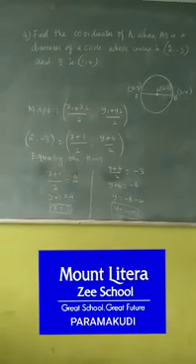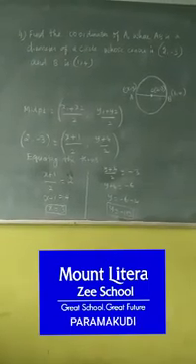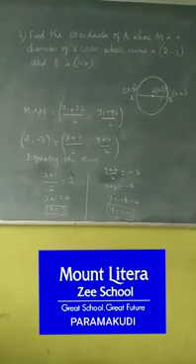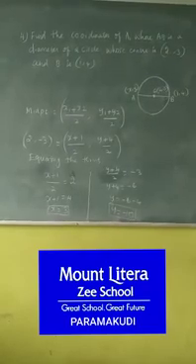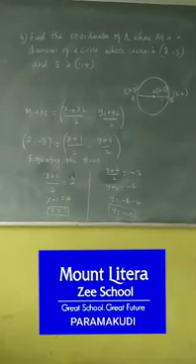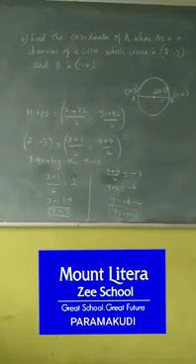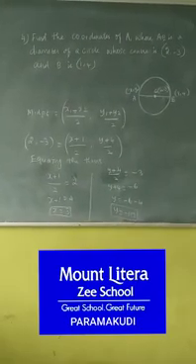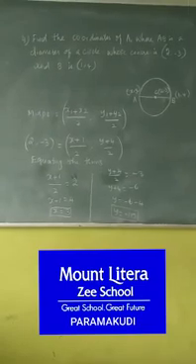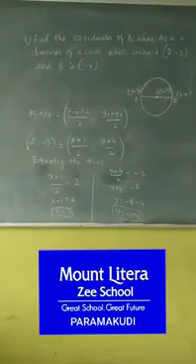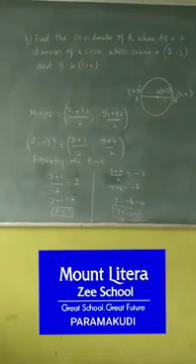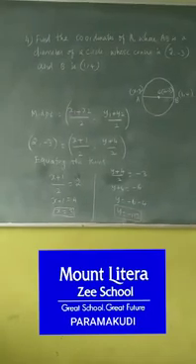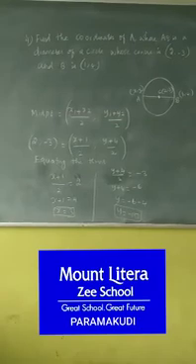I draw a circle and see that in the circle AB is a diameter. The midpoint, that is the center, is C, which is given as (2, minus 3). So I write the midpoint formula: (x1 plus x2) by 2, (y1 plus y2) by 2. Here I don't know the A value, so I take it as (x, y). The B value is given, that is (1, 4). C is the center, that is the midpoint.